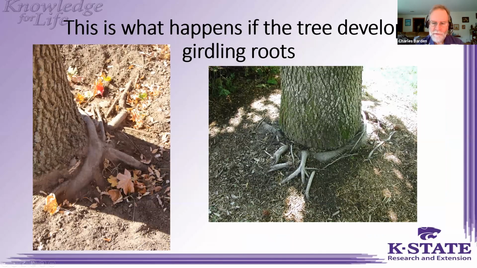So this is what happens as the tree develops girdling roots. These are a couple of trees that did not have their roots pruned and teased out and pulled out at the time of planting. And in time, those roots get very, very large in diameter, and the tree trunk tries to grow and it gets bigger in diameter every year. And eventually they compete with each other. They can collapse the vessels and prevent sap flow from occurring either from those roots and the roots get damaged, or they can crush the vessels on one side of a tree. Then you'll have part of the crown die back or part of the branches die back because it can't get sap flow up to that area.